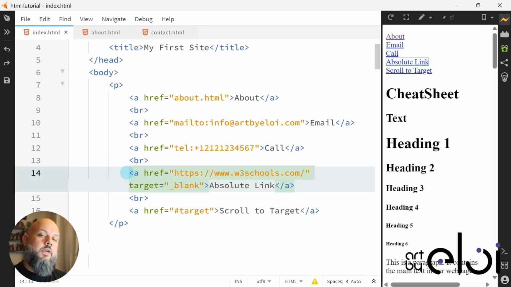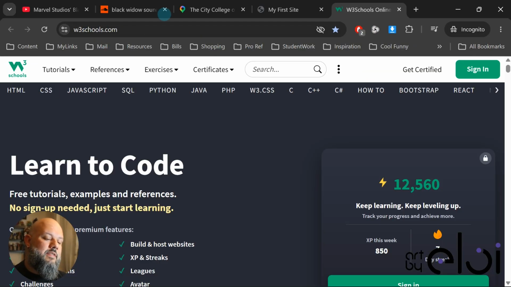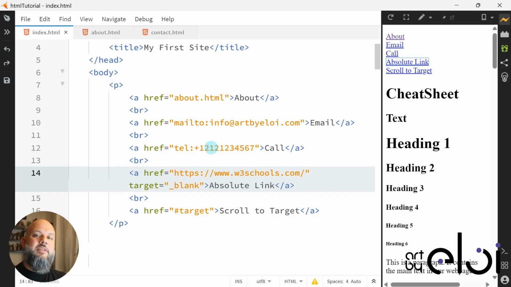The next link over here is known as an absolute link. What this is allowing us to do is to link to another website. So in this case, I'm using W3Schools as an example. And if I click on the link over here, it creates a new tab, and it takes us to W3Schools. So let's talk about the difference between what we did with about.html and this link over here that's going